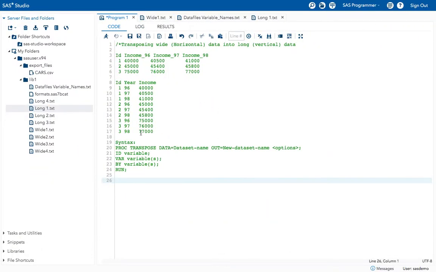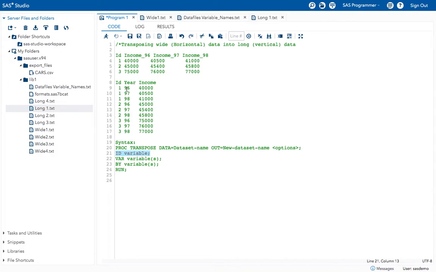See here, in yesterday's class we have seen converting vertical data into horizontal data, right? For that, this is the syntax, but here it is the same syntax except for only one change. Here we don't use the id variable because we are not converting any data values into variable names. So that's why here we are not using this statement. Basically, we use this id statement to convert variable data values into variable names.